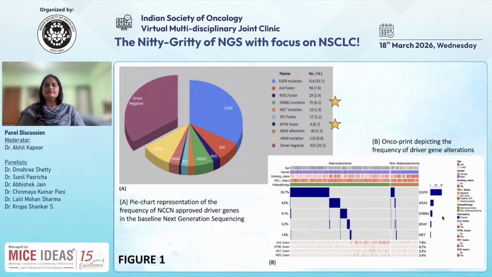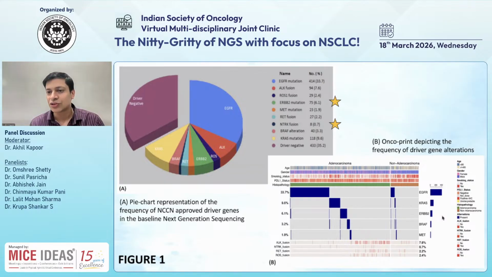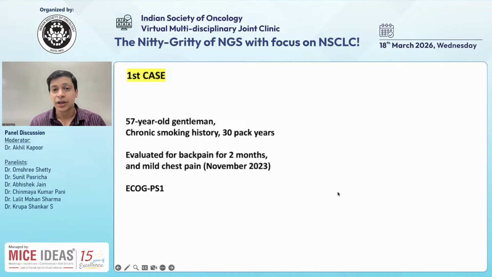Yeah, unlike ROS1 IHC, which is not so specific and requires confirmation by FISH, I think it is much more specific and it will help us in treatment selection. It's a very good thing which we are understanding gradually. So coming to one of the cases, here will come the role of